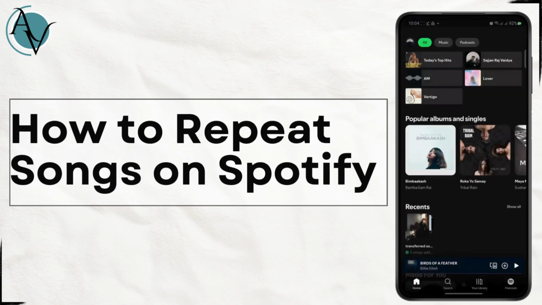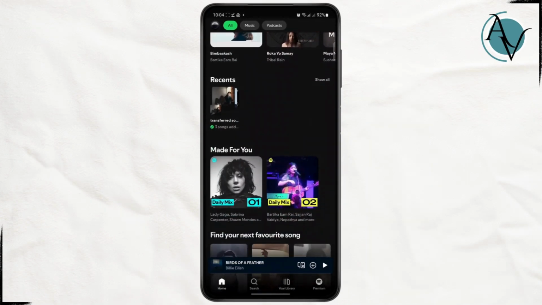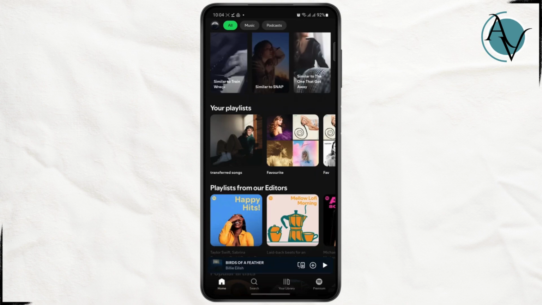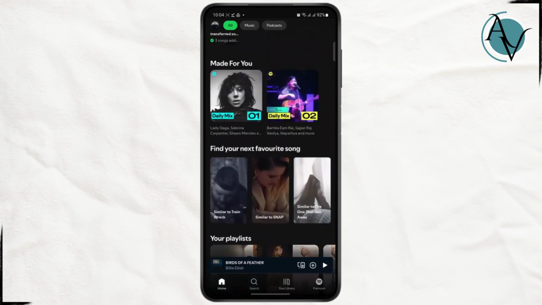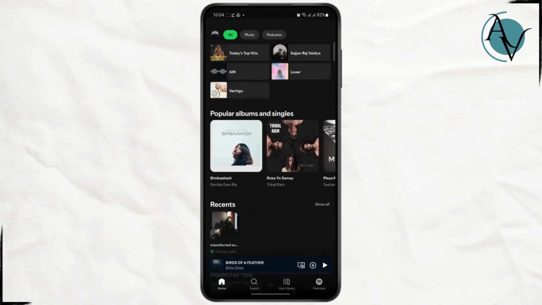How to repeat songs on Spotify. Hey everybody, welcome back to the channel. In today's tutorial, I'm going to take you through a step-by-step guide on how to easily repeat any song on